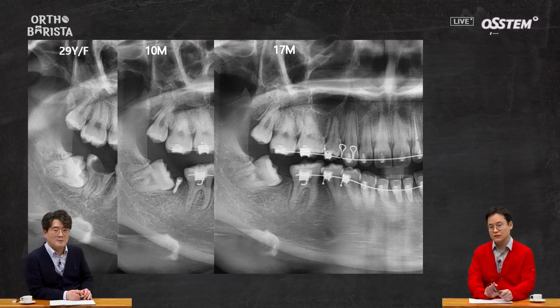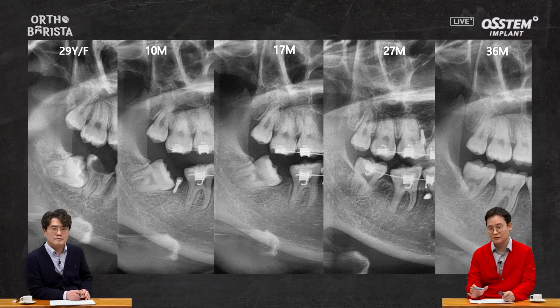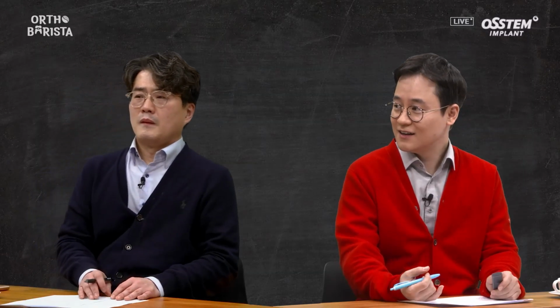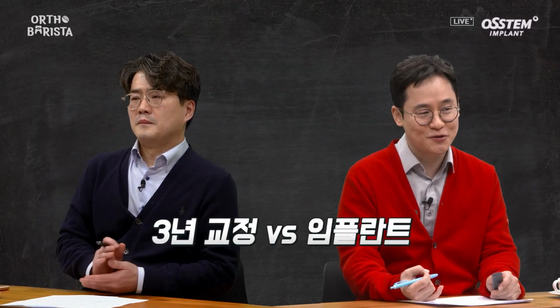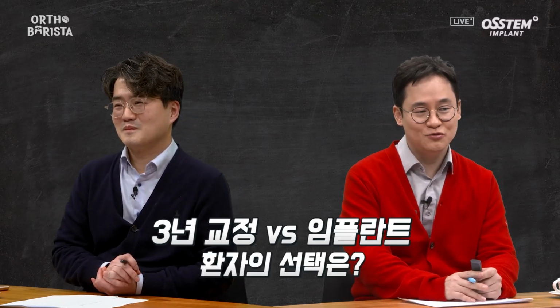Of course, it took a long time. During that period, other treatments for malocclusion and issues related to the anterior teeth were carried out. At the 17-month mark, we began gradually upright positioning, and the treatment was completed at the 36-month mark. It took about 2 years due to other malocclusions. What do you think? If a patient had to choose between 3 years of orthodontic treatment to upright a tooth or getting an implant, what's their typical reaction?